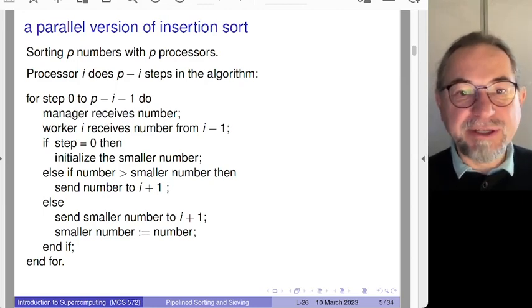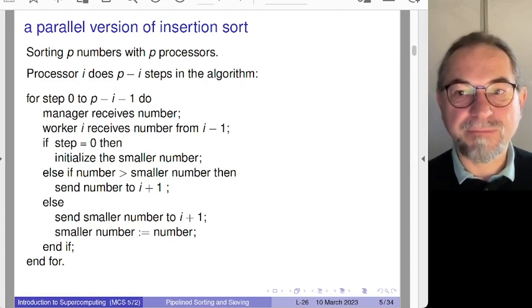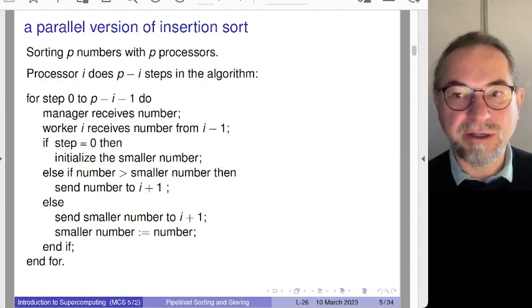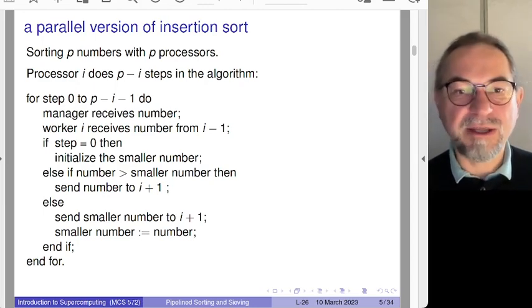So we make the distinction between the manager and the worker. So the manager will receive a number from standard input. So processor 0 takes it from the input, either standard input, a number that gets entered on the keyboard, or